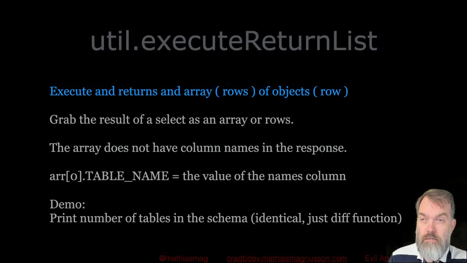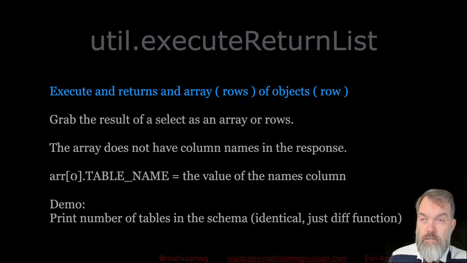So that was one way to make a select, and for all of these util things, notice that it doesn't come out as output. SQLcl doesn't print the output of the sequence you're executing. You get them back into code constructs where you can use this data to do whatever you like with it. Print it out like we do in this example, or do some other funky business with it.